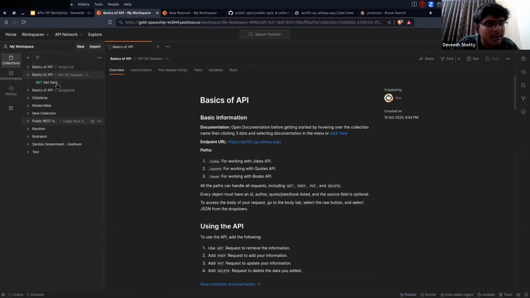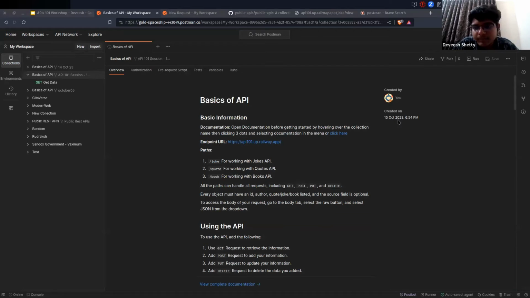Don't worry about all this, okay? For you, it may be only this one, basics of API and your fork name. All the previous tests and all the previous projects which I did, those API requests are there. No need to think about much. Our main focus is this particular thing. Same, if you see, the documentation is open here.